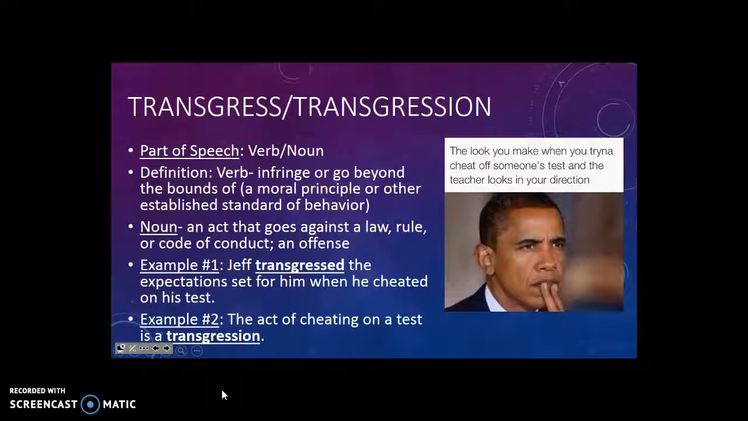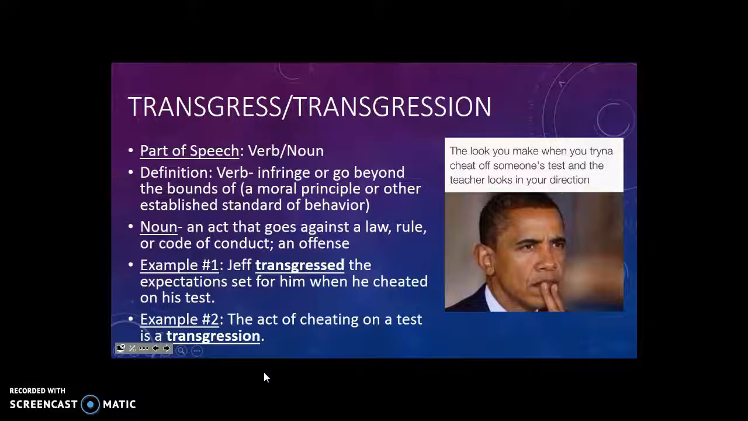Our next word is transgress or transgression. So, it can be either a verb or a noun. So the definition, if it's a verb, for transgress, it means to infringe or go beyond the bounds of. If it's a noun and it's transgression, it's an act that goes against a law, rule, or code of conduct,